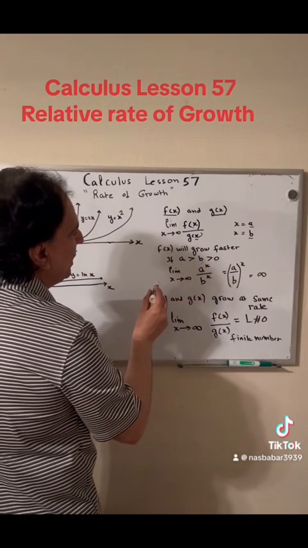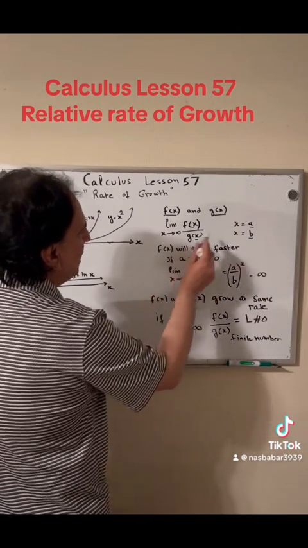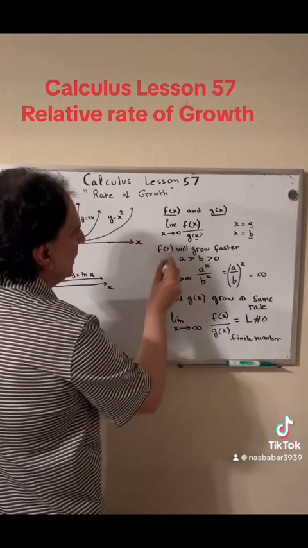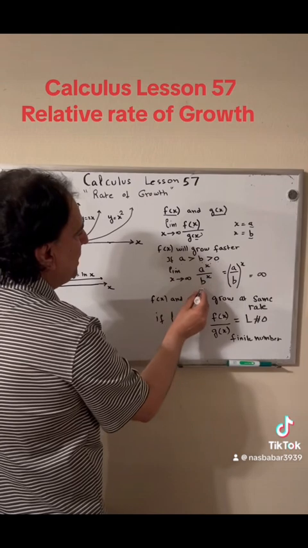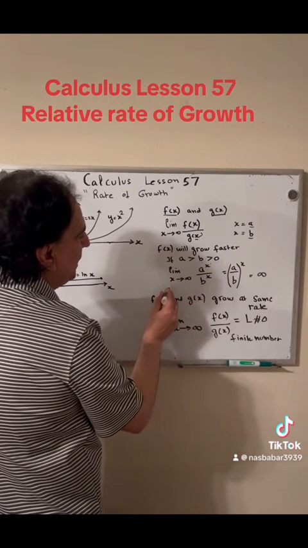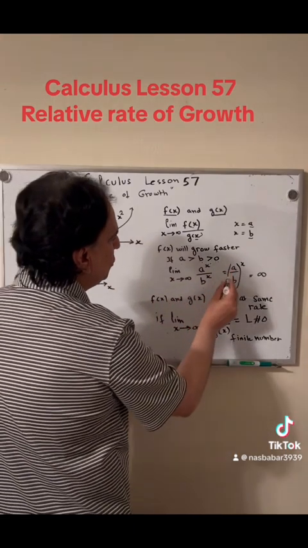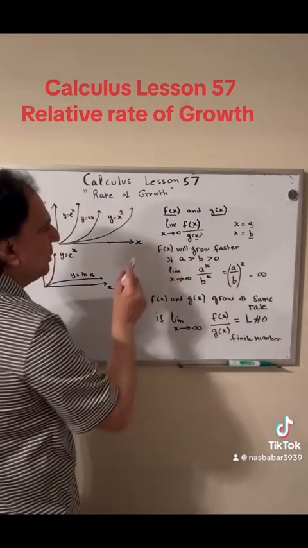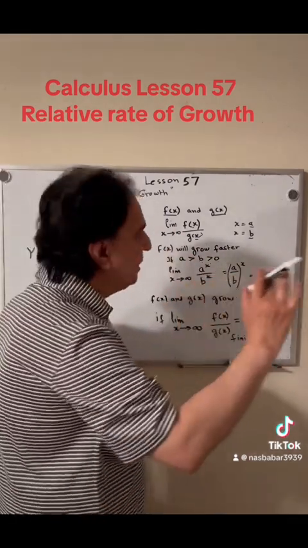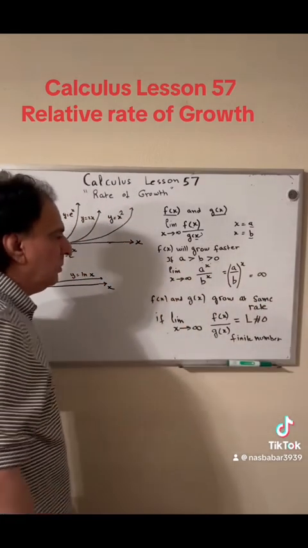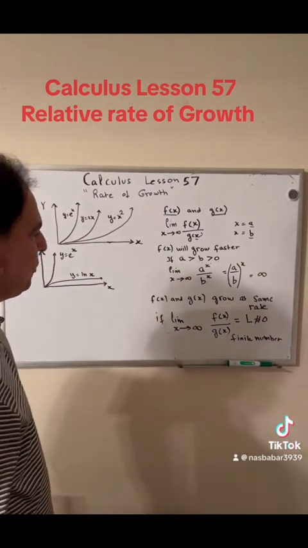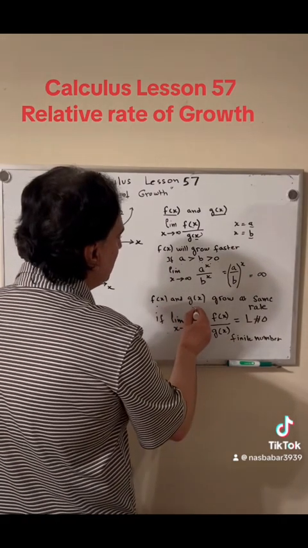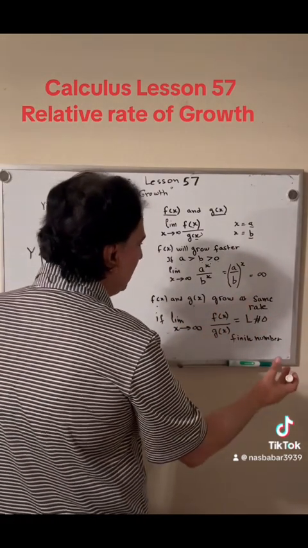So what I do is I say, okay, I have a raised to the power x, then I have b raised to the power x, and x is approaching infinity. As you can see, my function on the top is going to reach infinity faster than the one on the bottom. Now, if these functions f(x) and g(x) grow at the same rate, then